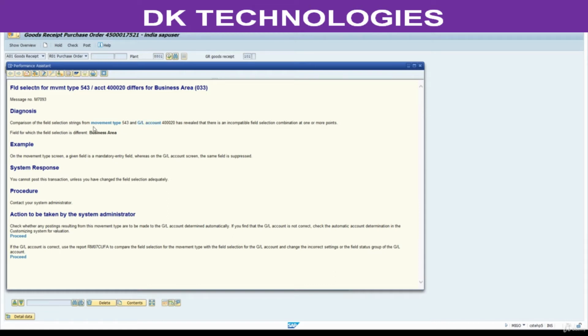Comparison of the field selection string movement type 543 GL account has revealed that there is an incompatibility. If the GL account is correct, use this report to compare the field selection for the movement type. You may also get this issue. So what do we have to do? I will go to this GL account, copy this,